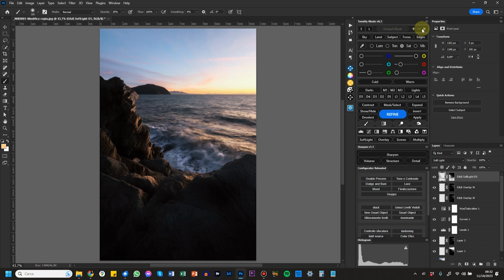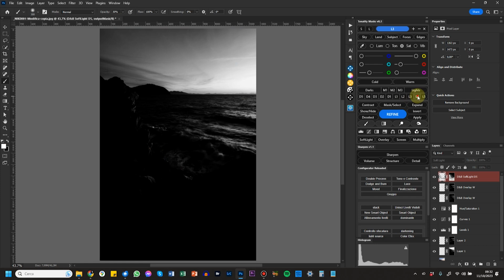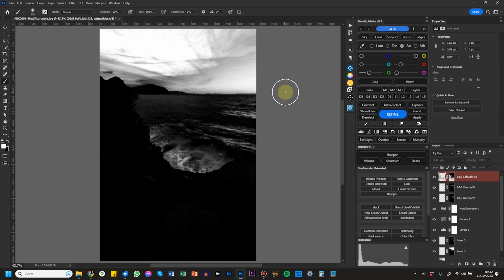Then here we have operations with masks, and that's very useful and very quick. For example, let's say I want a light 3 mask, a light 4 mask, for example, but I also want all the cold tones in this mask, like this. So I can press plus to add the cold tones. Okay, so now I have, as you see here, a light 4 plus cold mask. The two masks are combined, added together.